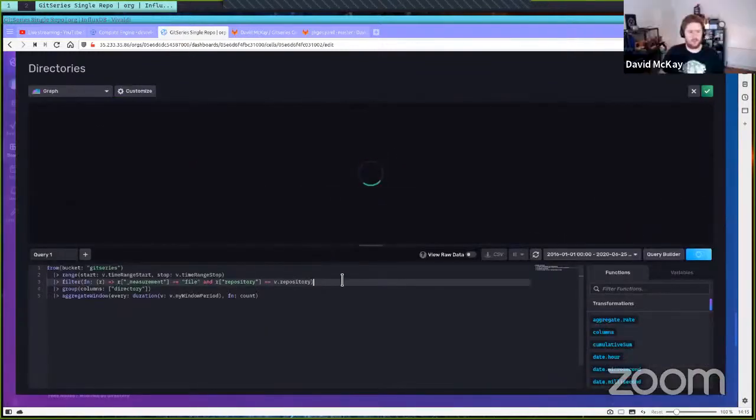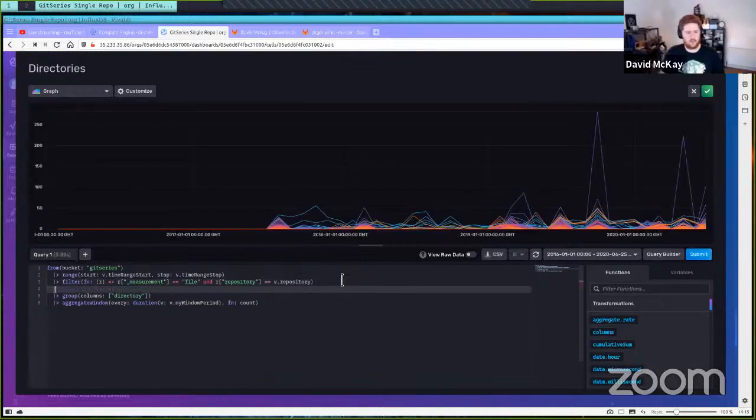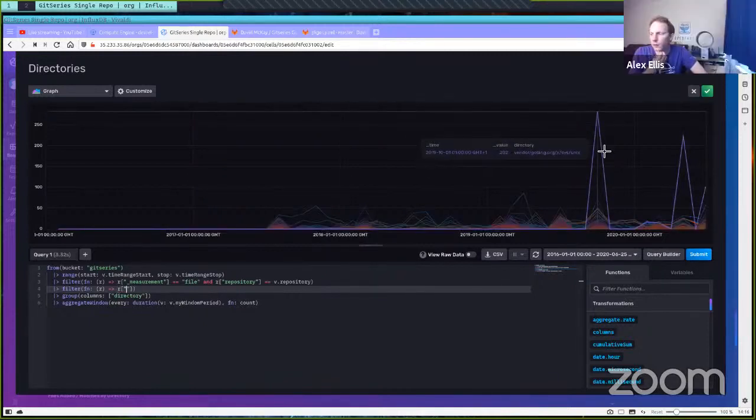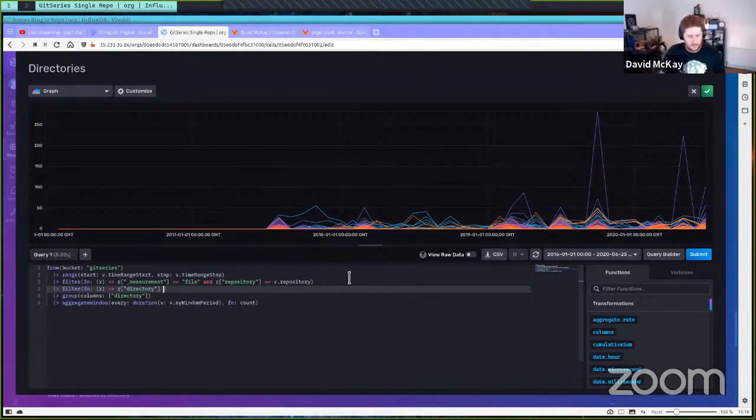All right, so what do we not want to see? Filter, FN, R, and you know what? I'm not that familiar with the regex syntax, but we're going to try and work this out. You could do a contains because we don't have any files that say vendor at the end. I know vendor's always at the beginning. But right, so I think if we do this,